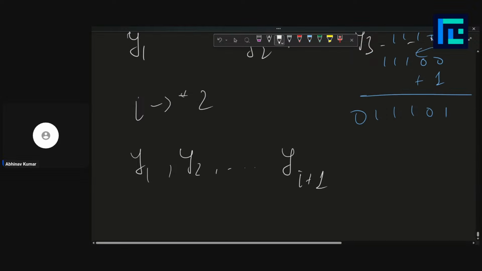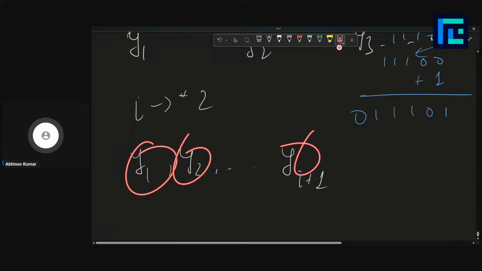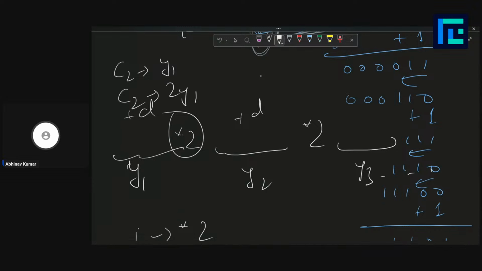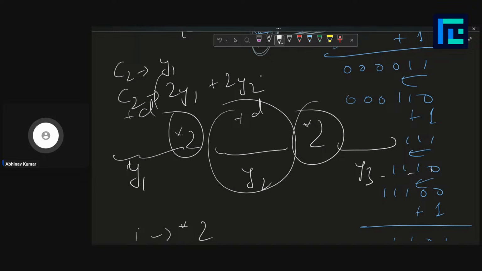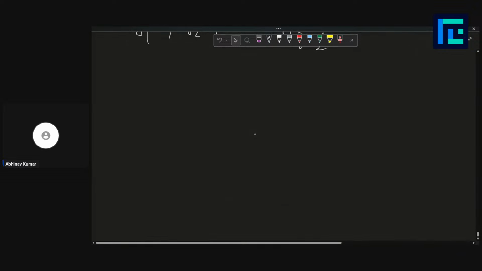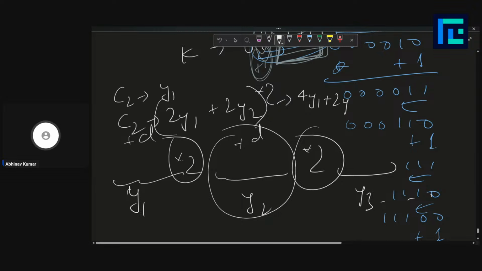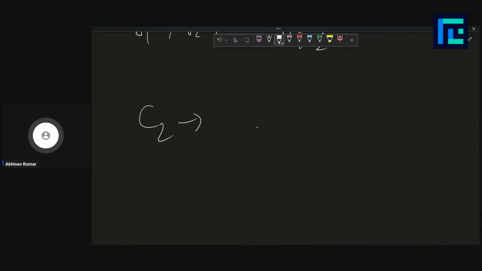Okay, so these would be there, and before the first type 2 operation, whenever you do plus y1, your C2 would become y1. After the first type 2 operation, C2 becomes 2 times y1. Next plus d operations, 2 times y2, then multiply by 2 again makes it 4 times y1 plus 2 times y2, then plus y3 you get. So this way, if you see, your C2 value would be,